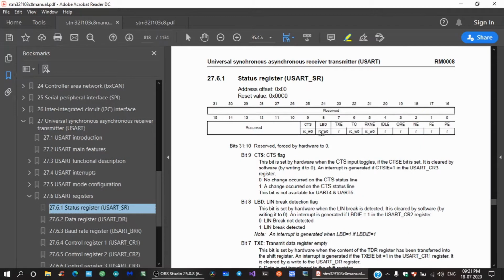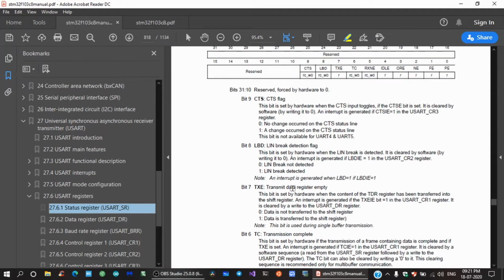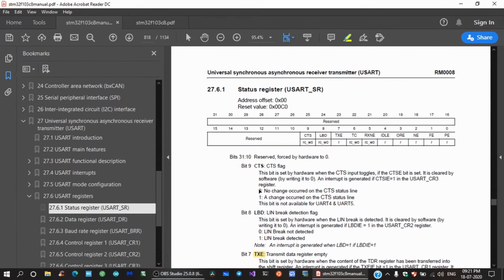This is the status register. Whenever a flag is set, this is where we need to check whether the flag is set or not. If we look at TXE, TC and RXNE, these are the 3 main flags we will be checking while using UART. TXE stands for transmit data register empty. So whenever we try to send data through UART, once the data is moved from the register to the shift register, from where the data is transmitted out, and the transmit data register is empty, the TXE bit is set in the status register.